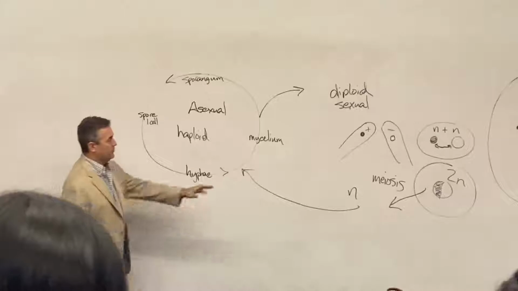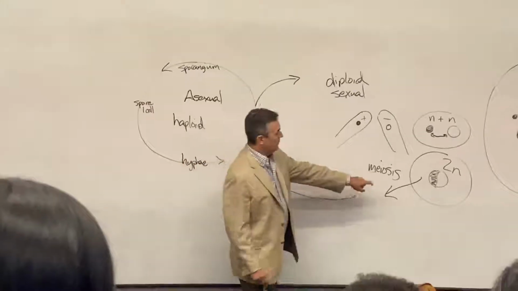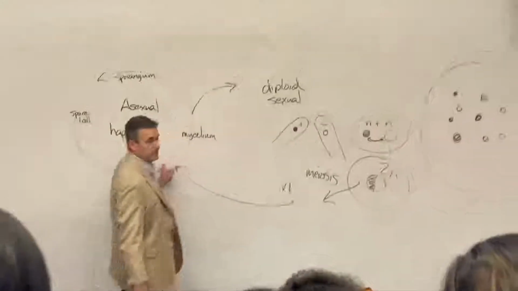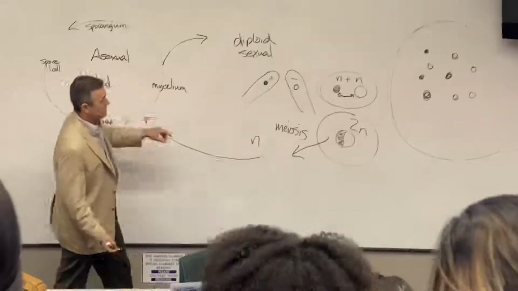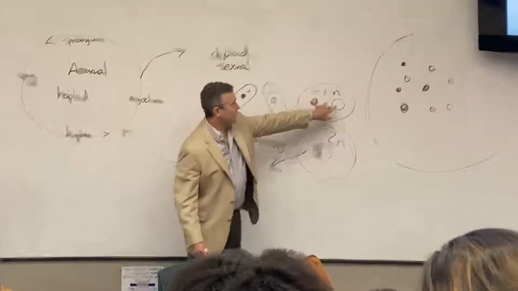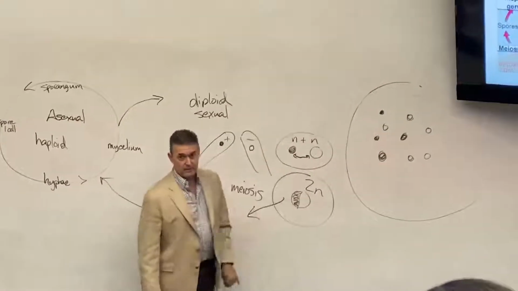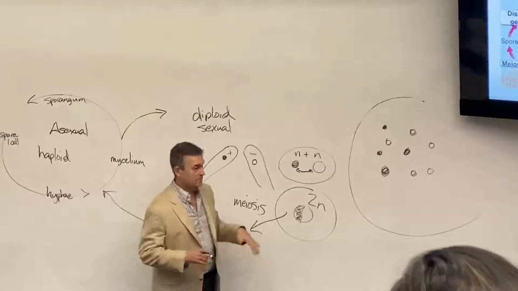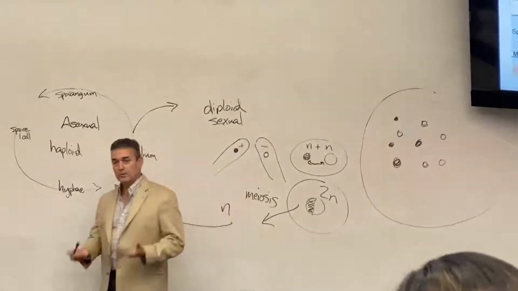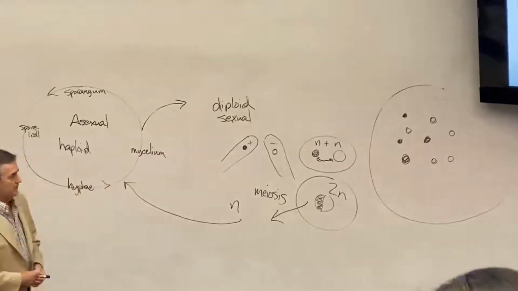So then they produce new spores. When they go through meiosis and create new haploid spores, the genetic composition is a mixture of the genetic composition of two different hyphae, two different mating types of hyphae. So this is where they get their new recombined genetic material.